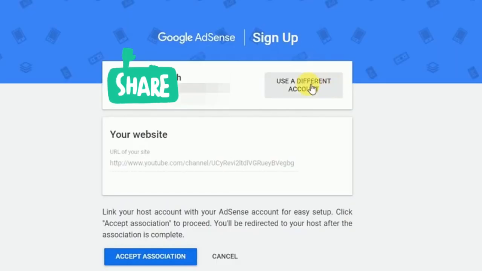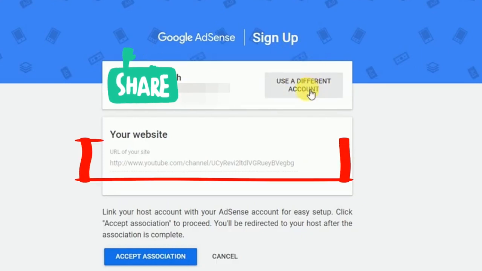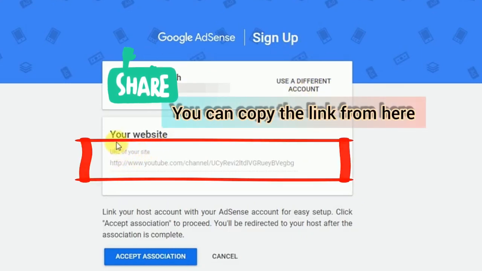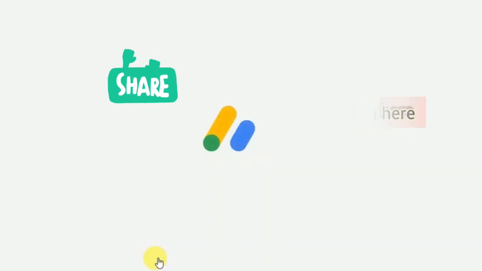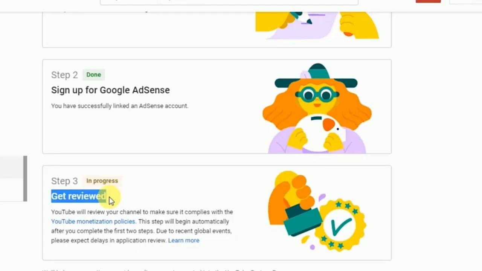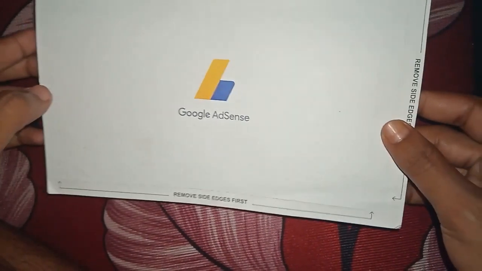After completing the second step, the third step is get review. It will be automatically done by Google after verifying the details we have submitted. After successful completion of the third step, that is when Google verifies these two steps successfully, and when your channel